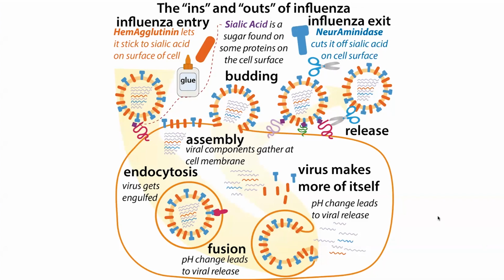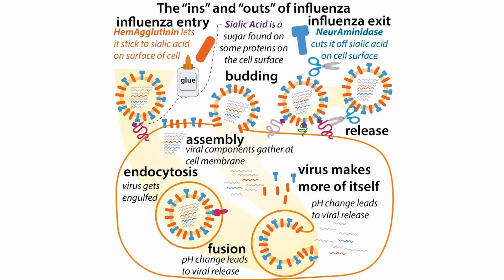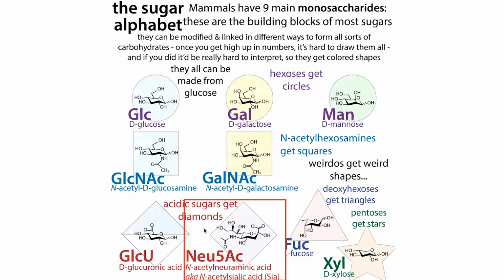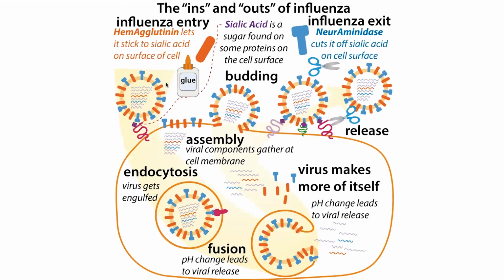So as I mentioned, there are these two main surface proteins, hemagglutinin and neuraminidase. Now, hemagglutinin, that's like the spike of the coronavirus. It's what's going to allow the virus to dock onto cells. And it's going to dock onto cells by binding to sialic acid. So sialic acid, you can think of it as kind of the glue. It's this little sugar chain that gets added on to various proteins in the membranes of our cells. And because this hemagglutinin recognizes and binds to the sialic acid, it's able to dock onto our